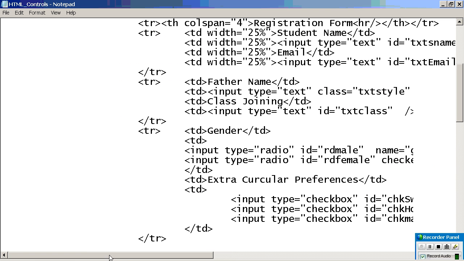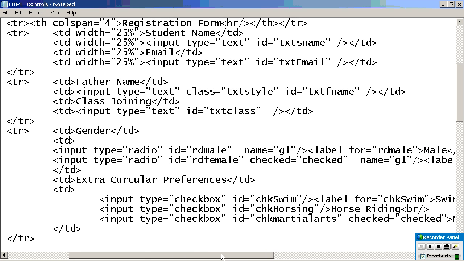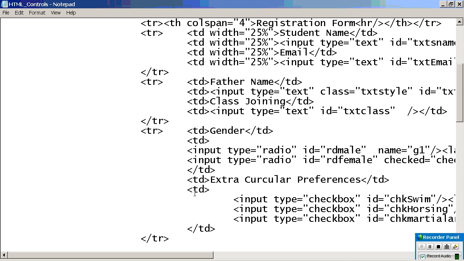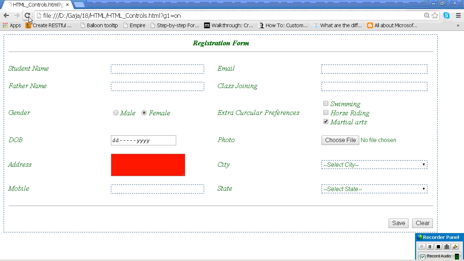No. What is the reason? We have these 3 things. It's giving preference to the predefined tag. Right. Then how can you override? Do you understand my point? Two styles are affecting one control. That is giving preference to the predefined tag. So to make it override, use an attribute called exclamatory mark important. Now is this affected or not?